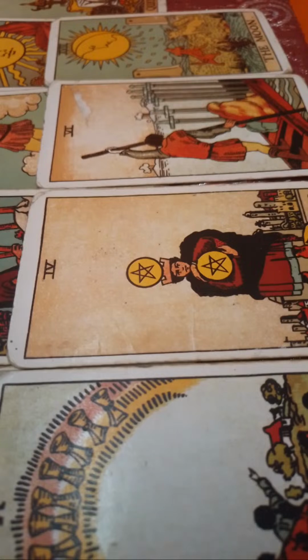Definitely could work in the healing profession, but again, like I said, they have healing energies as well. This person could be a lawyer as well, yeah. This person could be a lawyer that draws up contracts, that defends maybe famous people that have gotten into trouble. This individual, I feel,